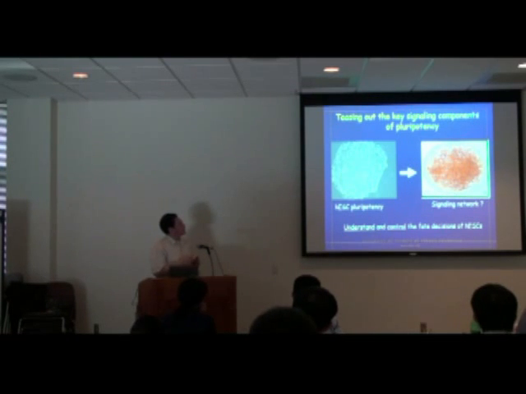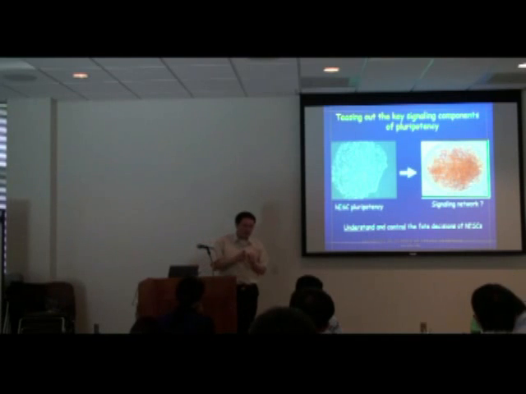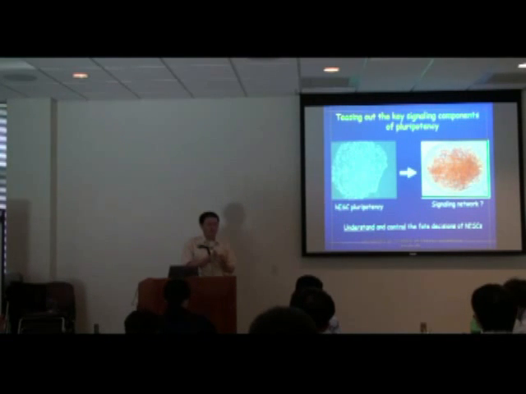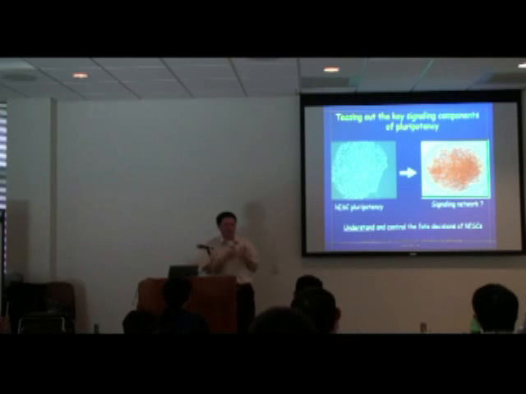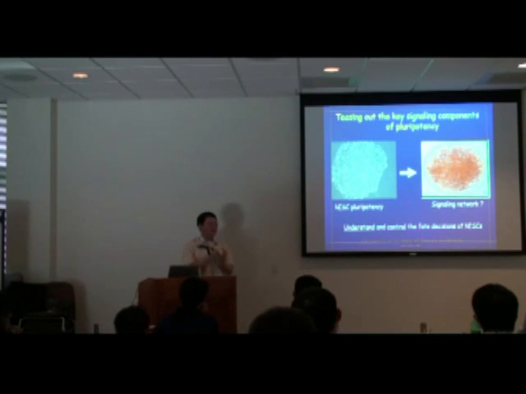So our idea is the following. We wanted to tease out the major components of the signaling pathway. For instance, if you're able to find a crucial molecule essential for pluripotency, you can hopefully expand that knowledge to eventually achieve a signaling network. Of course, this is highly exaggerated, as you can tell, but basically we wanted to achieve a much higher level of understanding by starting with the key component in the signaling network.